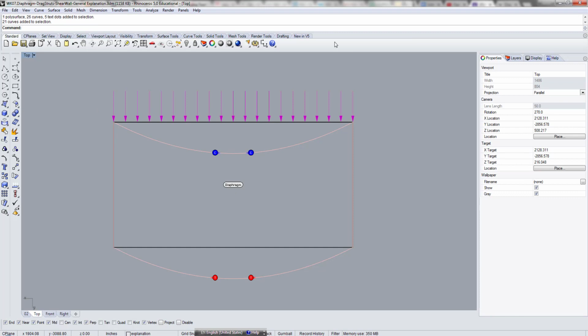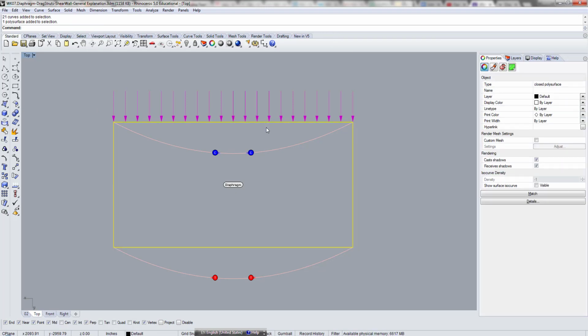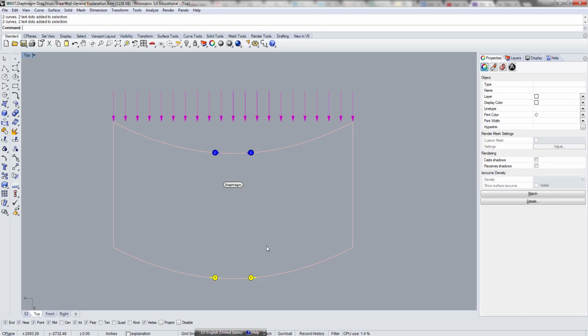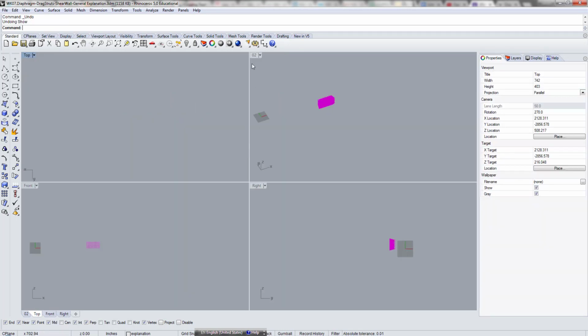So this whole flexible diaphragm acts like a beam, so it deflects like this. And if you remember how a beam behaves, it gets compressed at the top and stretched at the bottom. So you get compression here and tension there. So that's basically how you